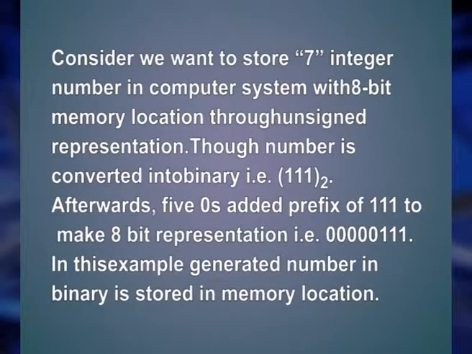For example, we want to store the number 7 in a computer system with an 8-bit memory location through unsigned representation. The number is converted into binary, that is 111 to the base 2. Afterwards, 5 zeros are added as a prefix to 111 to make it an 8-bit representation, that is